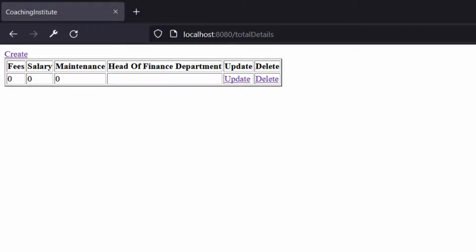Like you can see, fees is 0, salary is 0, maintenance is 0, and for the head of finance department name, nothing is written here. So that means the data is completely blank, correct? We don't want this kind of data, called garbage data, and we don't want to save garbage data in our database. So, to stop saving this type of garbage data in our database,